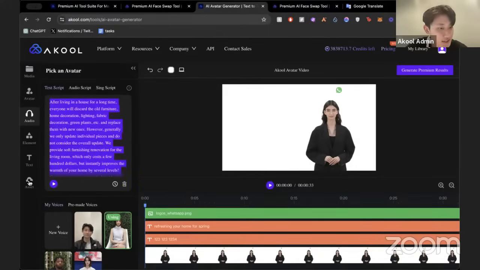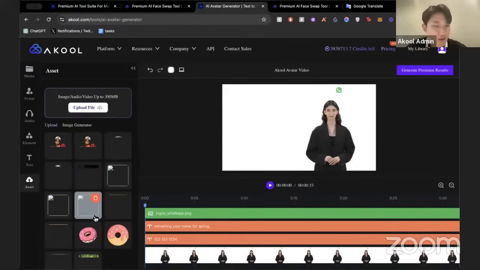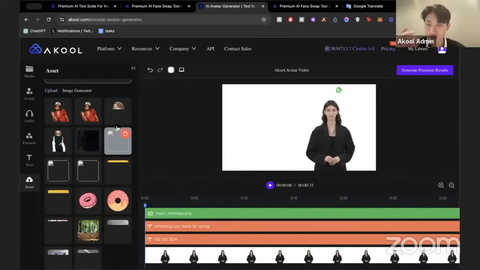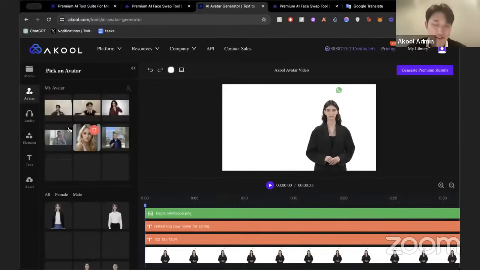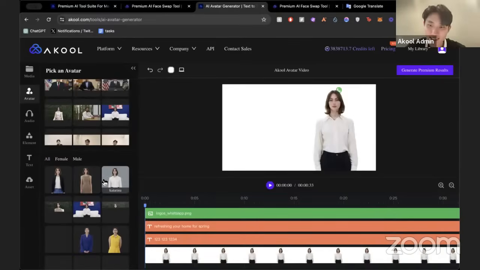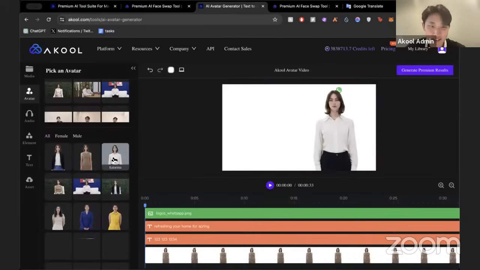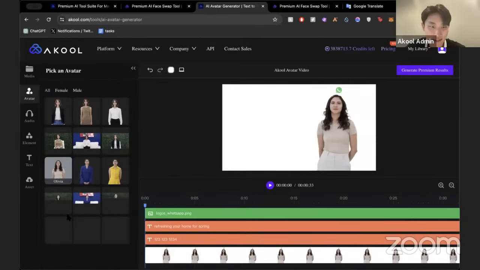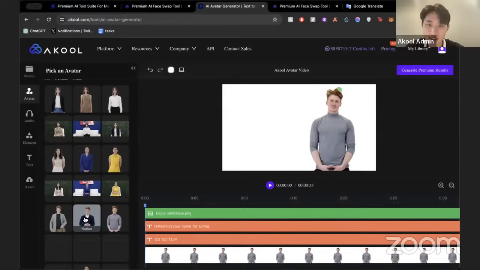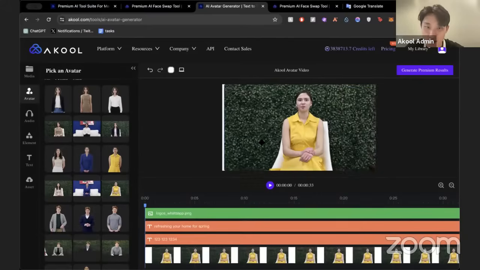So let's do asset. You can upload a file, but I already uploaded a file. So I will click on this one. But my Wi-Fi is a little slow, so it might take a while. So while it's loading, let's go through some of the avatars. So we have new avatars, like them. We have these avatars with a clear background, so you can just create your own presentation or background. Or we have these avatars with already set backgrounds like this,